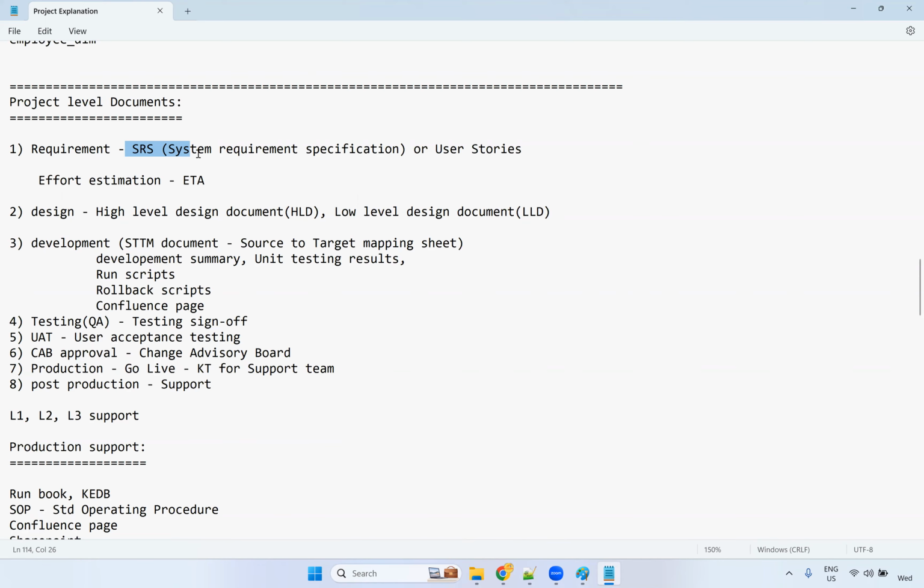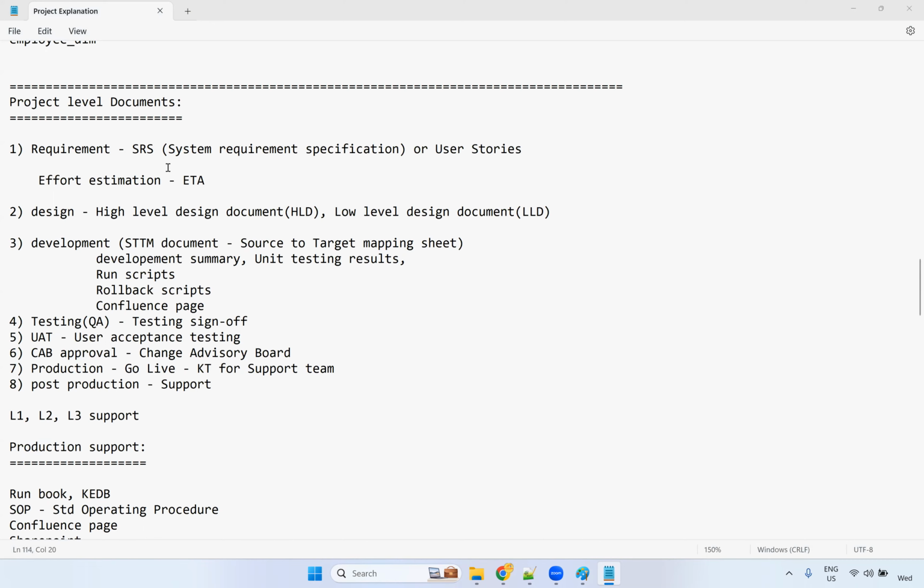They will create a Confluence page, and the requirement will be received through user stories from Jira. User stories will be assigned to the particular developer and the developer starts working on it. But some projects still, if you take a 100-year-old bank, they are still using the previous process. They are not migrating to new technologies. So in that case, small banks and most of the banks are still using the conventional model: development, then testing, QA, different testing, and we'll go for different UAT